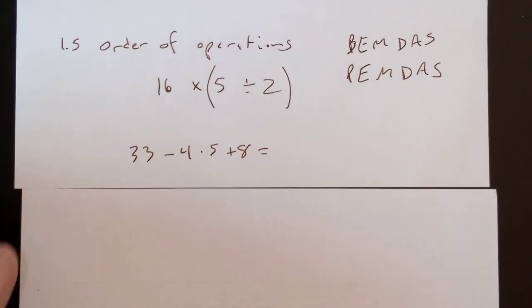Now, some calculators allow you to type in this expression exactly as written, and it will remember order of operations for you. And some calculators are dumb and don't follow order of operations. And some calculators are built to prevent you from ever having to think about order of operations by the way you put things into them. I have a calculator that doesn't have an equal sign, because it doesn't allow you to type in an expression. You have to tell it, okay, take these two numbers, add them. Take these two numbers, multiply them. So you tell it what to do after you do it.